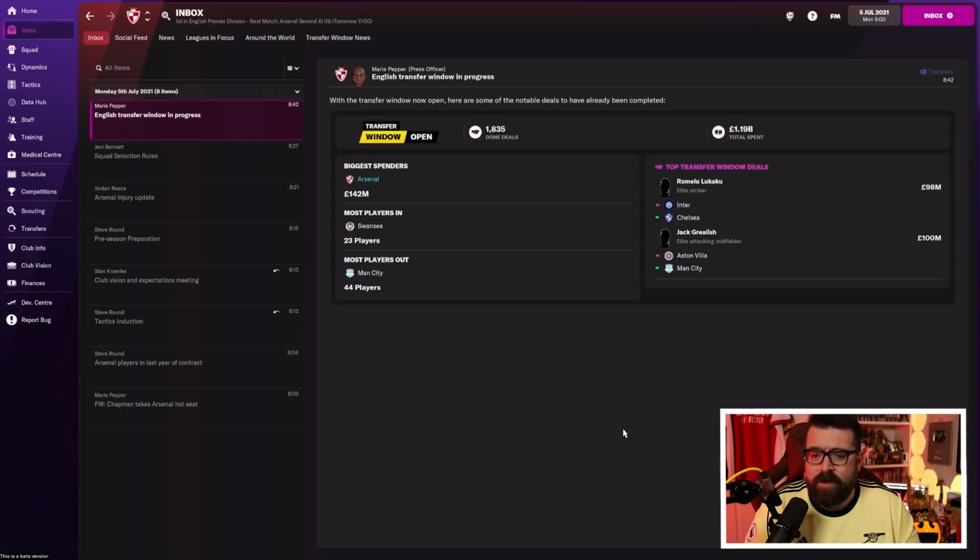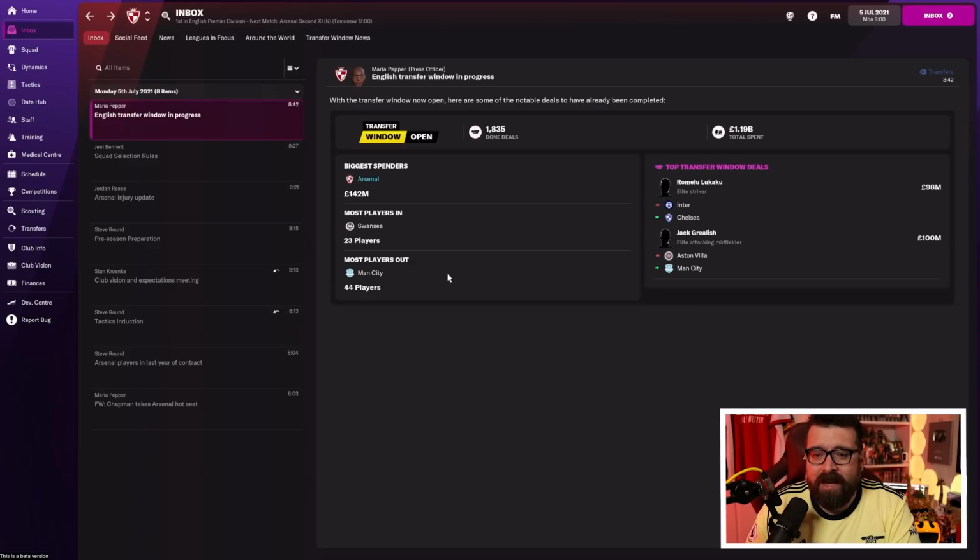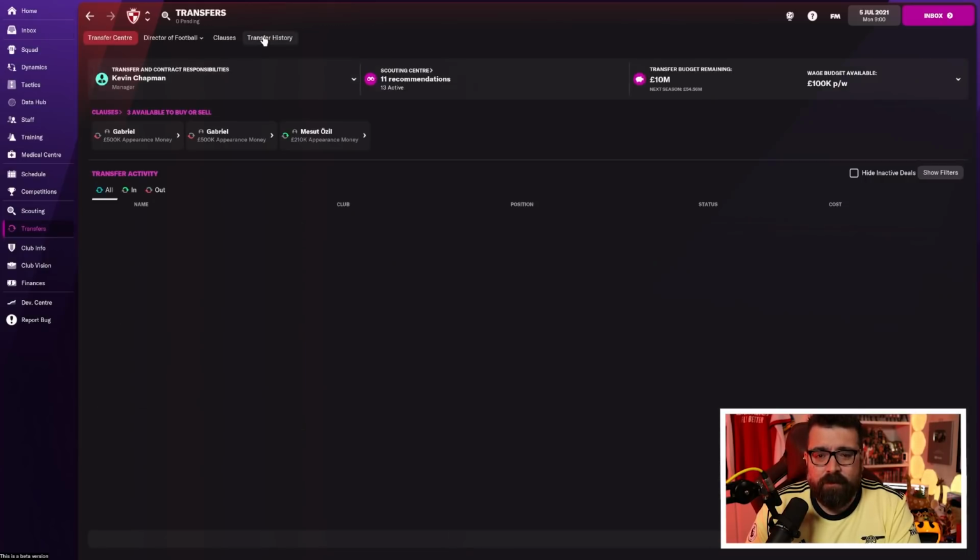And this is the summary of the transfer window so far. So we are currently the biggest spenders, having already spent £142 million. How much have we got to spend now? Not a lot. 10 million. There's not really much in the way of spare wage budget. There's not really much in the way of transfer budget. This is not the budgets I was looking for. But I guess when the club's already spent 142 million,